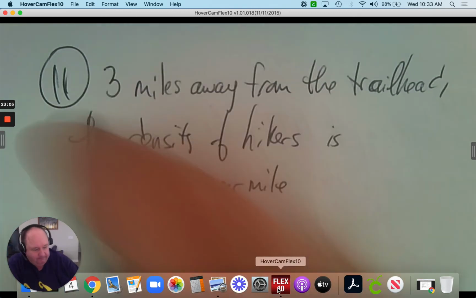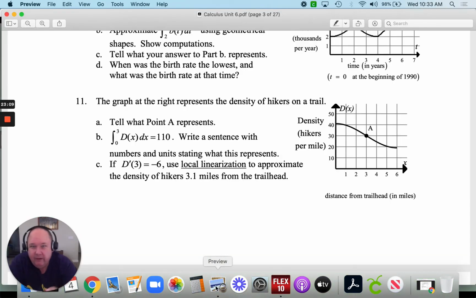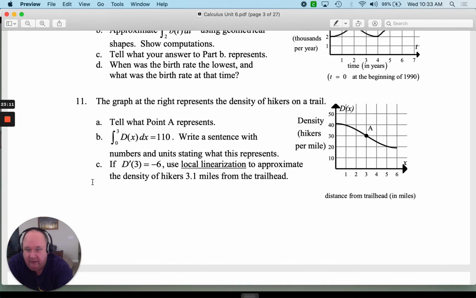Part B. Can you integrate? No, it tells you. From 0 to 3, the answer is 110. So from 0 to 3, the answer is 110. Write a sentence with numbers and units stating what it represents. So 0 to 3 means, what's a good sentence to start with? From 0 to 3 miles away from the trailhead,